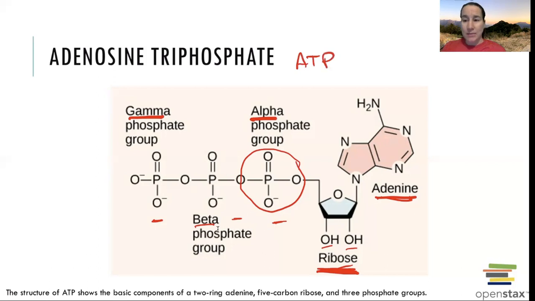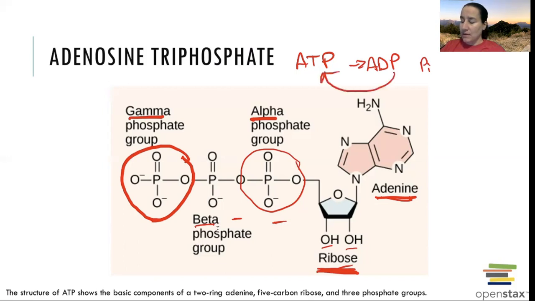ATP is our energy currency molecule because it acts like a rechargeable battery. This is the third phosphate, this gamma phosphate group over here. And this one snaps on and off. It breaks off, and if we break a bond, we release energy, right? And it will go from ATP to ADP, adenosine diphosphate. And then it has this lone little phosphate that is broken off, and it will need to be attached, and then it will come back later when we receive chemical energy, like we talked about in creating these